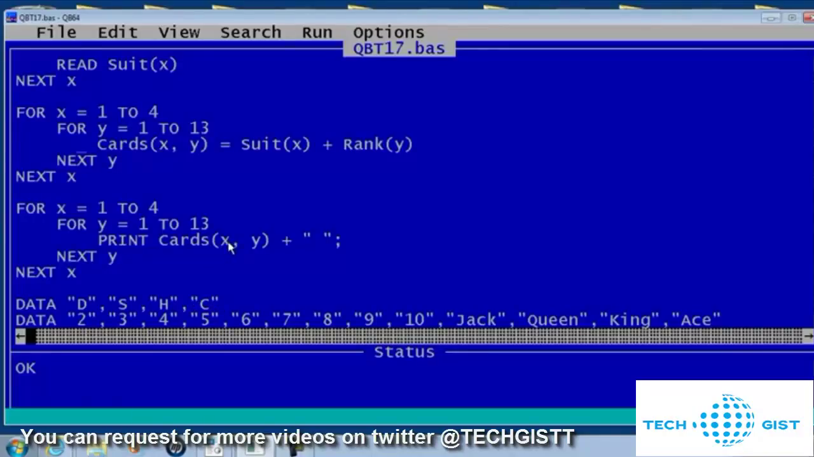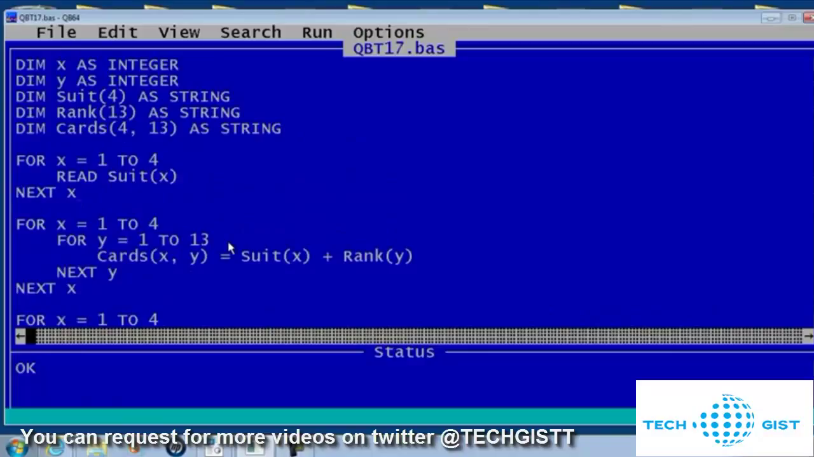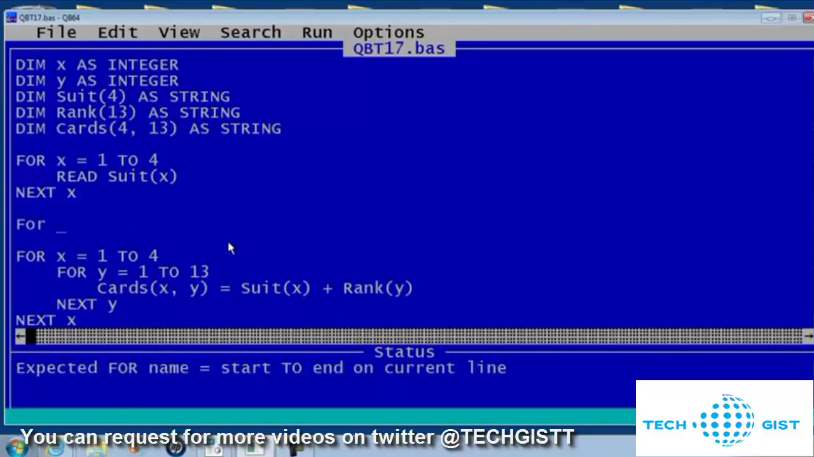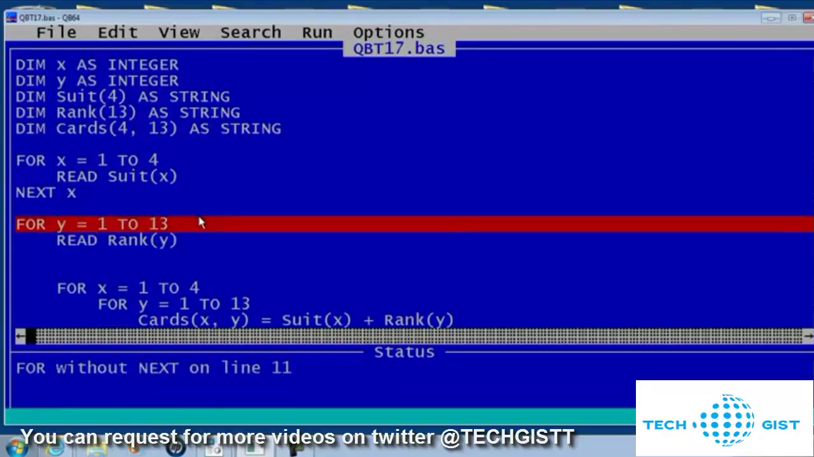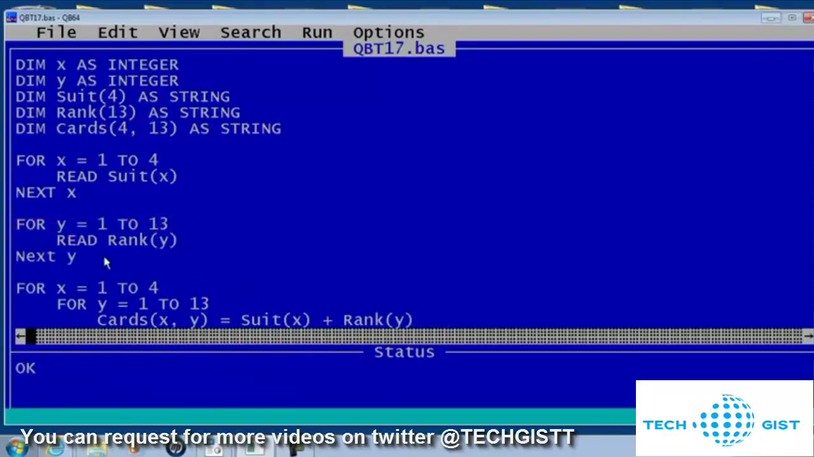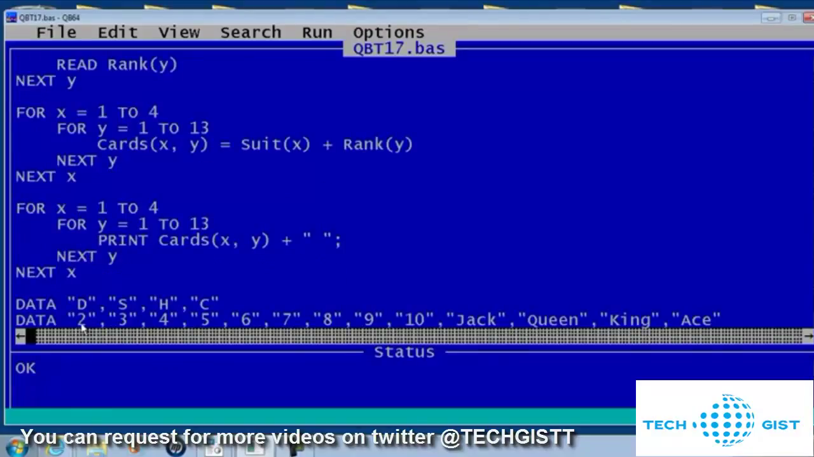Now comes time to load in the rank array. For, and in this case I'll use Y, since I used Y within the rank here within the two-dimensional array. Y equals 1 to 13. Read rank Y. Next Y. So the read command will continue placing the information within the rank array, starting with 2 and ending with ace. So when I go ahead and run,